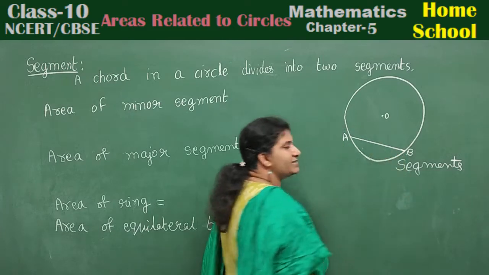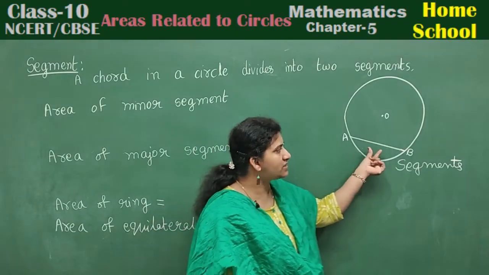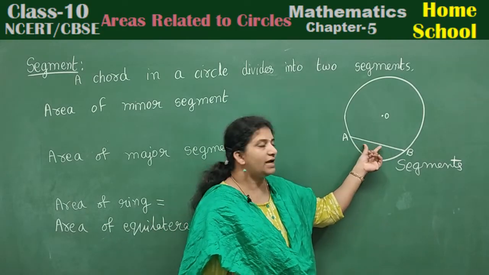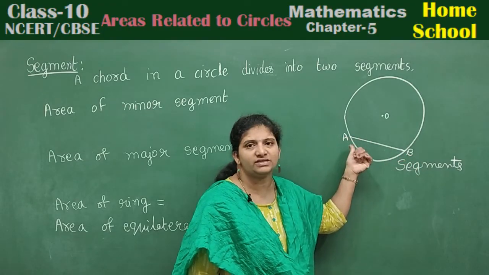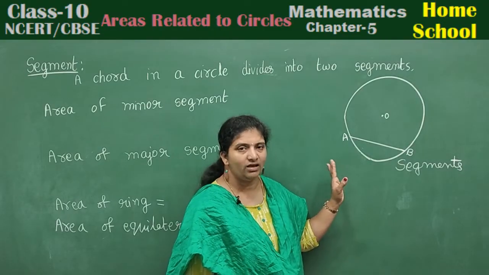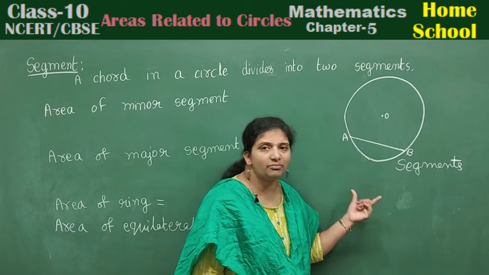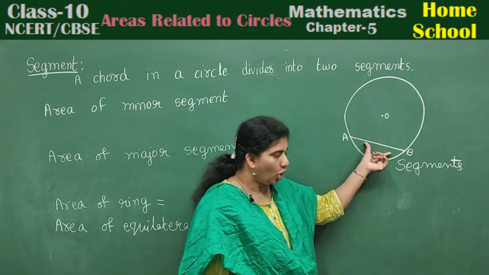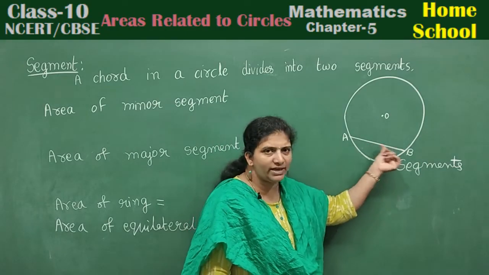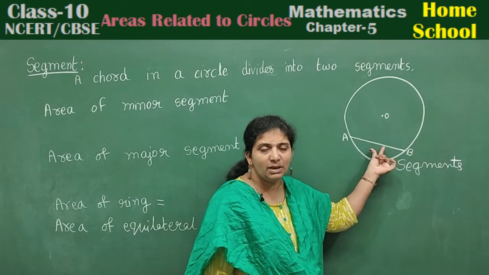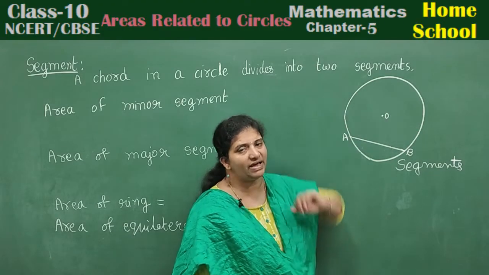A chord divides a circle into two segments, or two parts, we call. You can see here a smaller area in this segment. A segment is bounded by a chord and an arc of the circumference of a circle. It may be this segment or it may be this segment. This is small, you can see a small area here. This is the minor segment, and you can see more area here, and we call this a major segment.